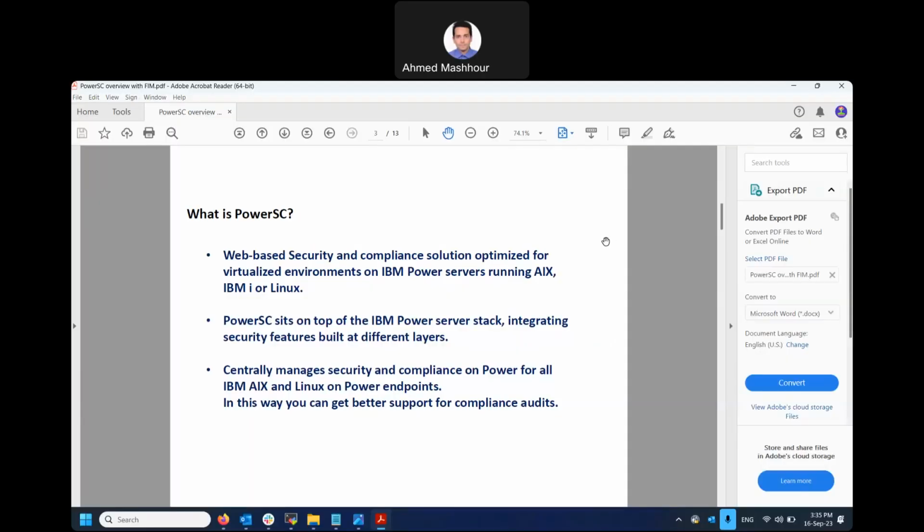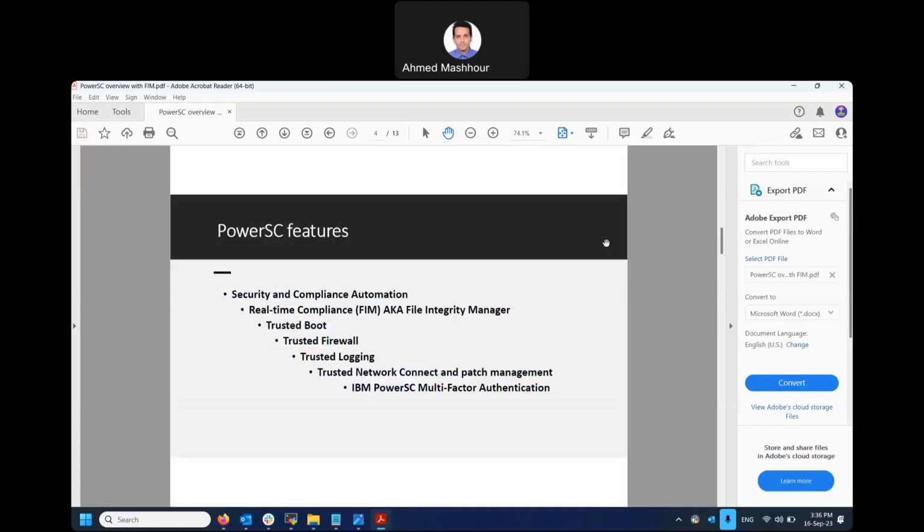Hello, we're going to talk in a very quick demo about IBM PowerSC software. IBM PowerSC software is a security compliance package in IBM Power Systems. What IBM PowerSC, which stands for IBM Power Security Compliance, is presenting is lots of features over IBM Power Systems, which include AIX on Power, System i on Power, and Linux